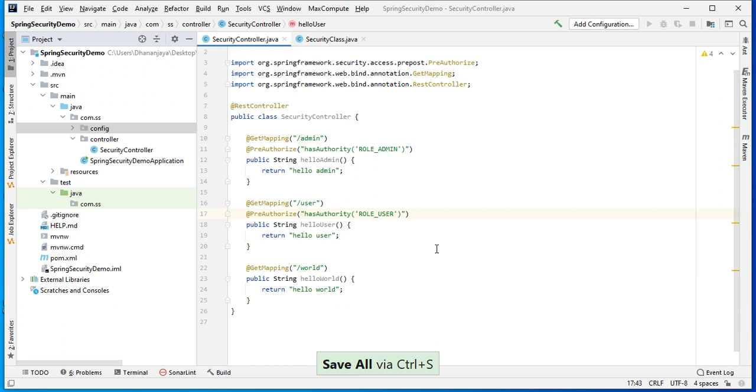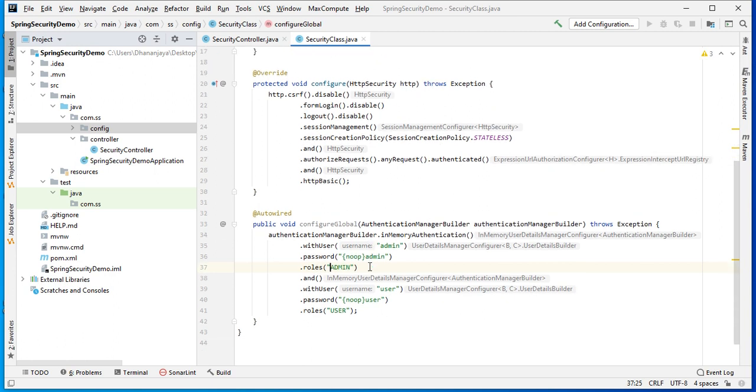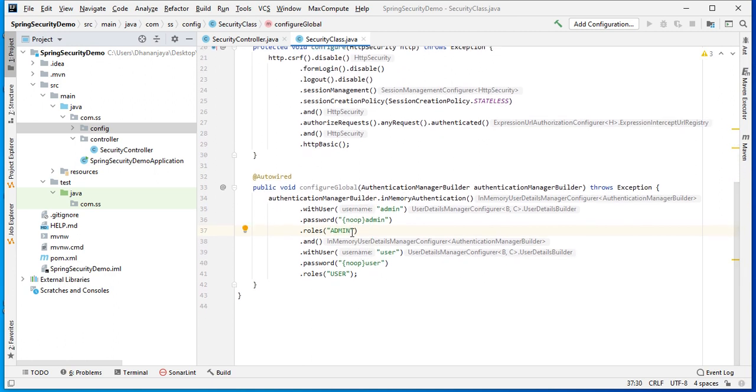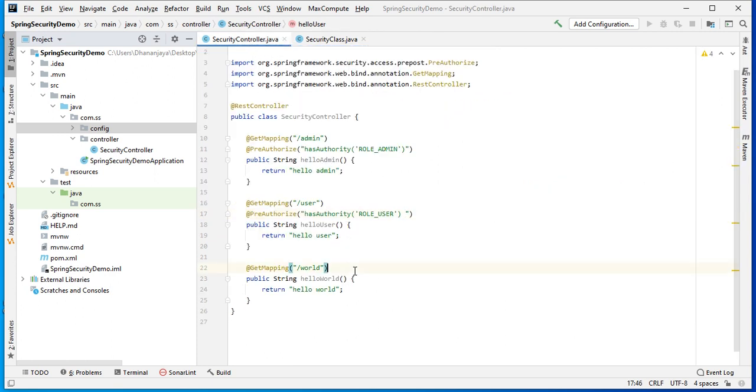And here we need another role also. Let's say user also can access this one and admin also can access this one. You can give the roles here also, like admin can access the user related authorization also. But let me write the regex kind of thing here. Okay, we need to write or. Same way we need to write hasAuthority of admin.